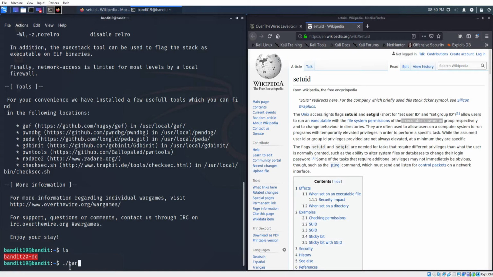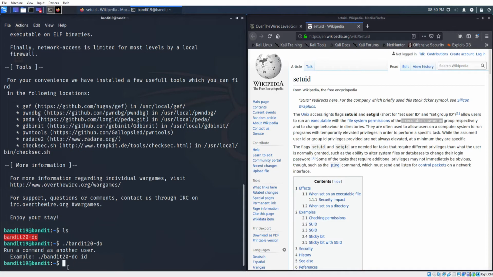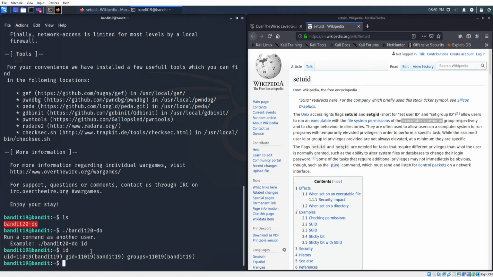bandit20 with the ./ in front of it, and we can see that it just runs a command as another user and gives us a little example here. So this is going to run the id command as bandit20. Let's actually run this as our current user right now just to see what our output normally looks like. We can see that our user and groups are set to bandit19,